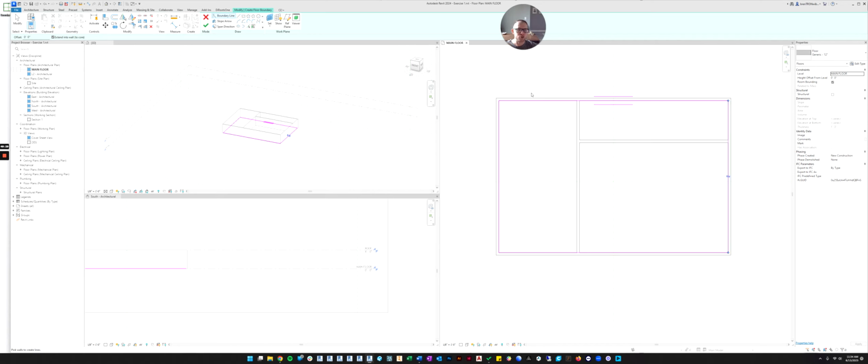This is called sketch mode. So things like floors and roofs are different from walls. When you enter the floor command, it automatically takes you into sketch mode. And so what you're trying to do here is sketch the floor.